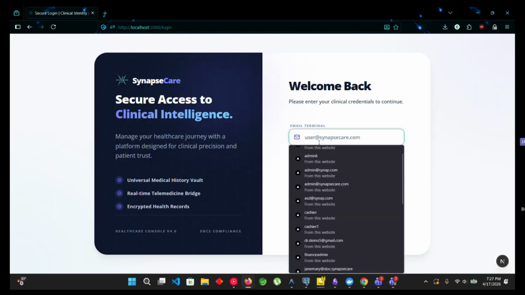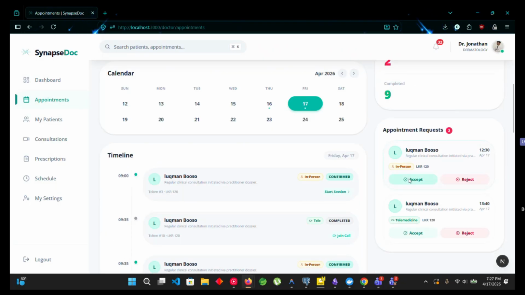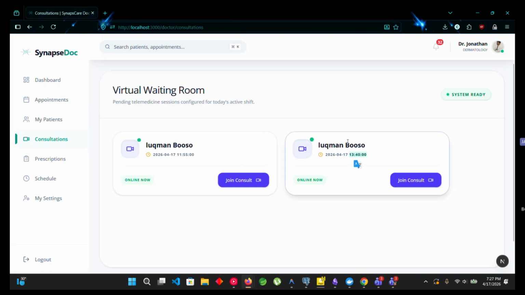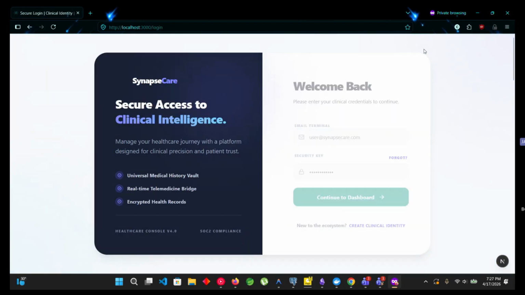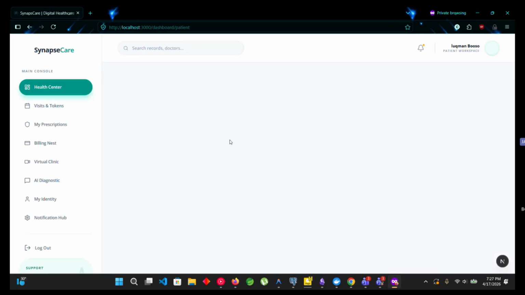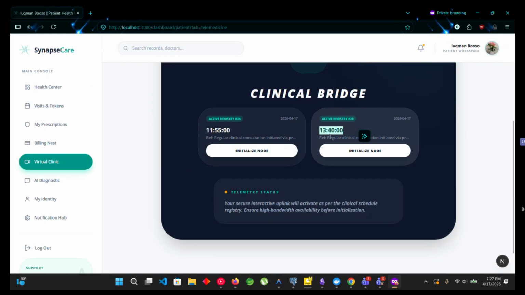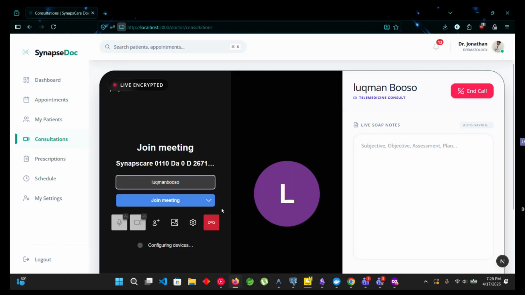Once payment is approved, we can go to the doctor side using the doctor credentials. You can see the appointment request. Then if I accept that, you can go to the consultation side, and here we can see the Google slot for the doctor side, and then we need to navigate again to the patient side. Using patient credentials, in the virtual clinic we can see the visualized site. Here, the doctor can join the consult. For joining the meeting,